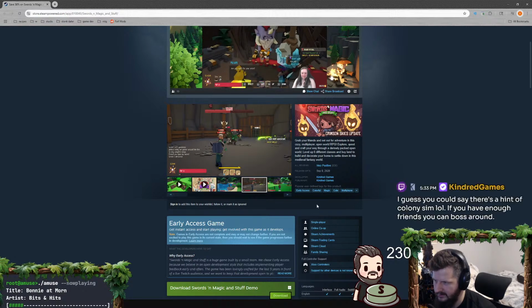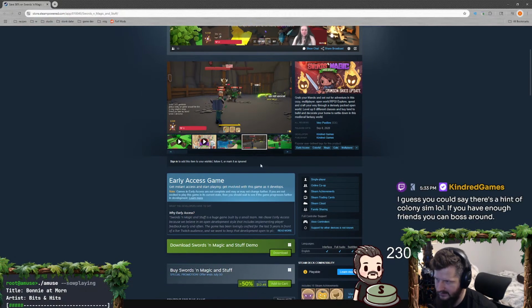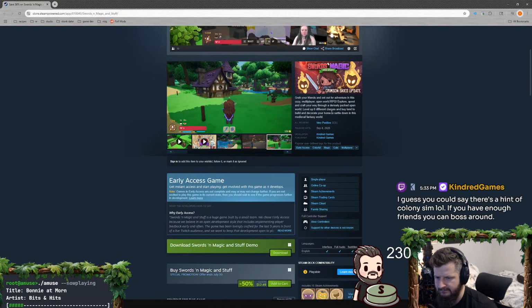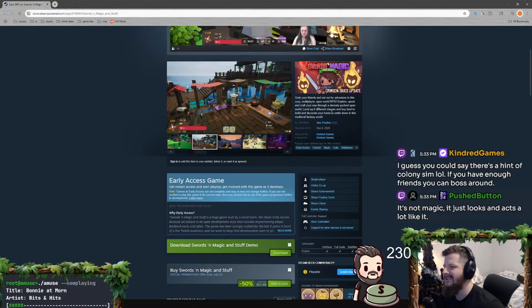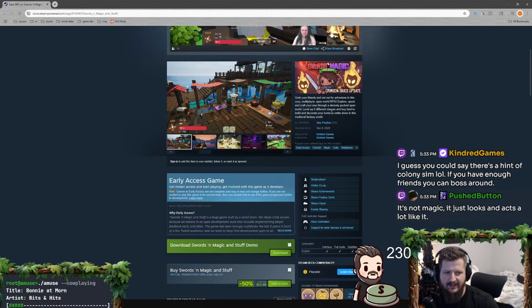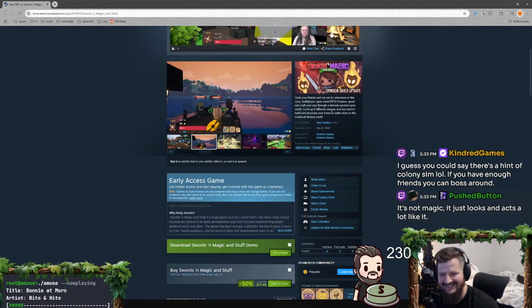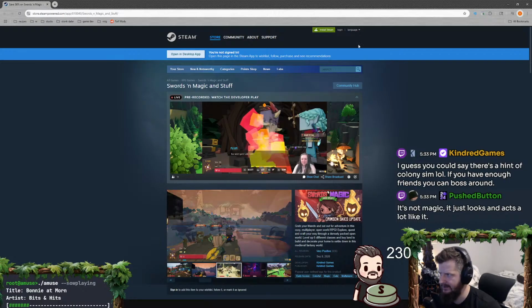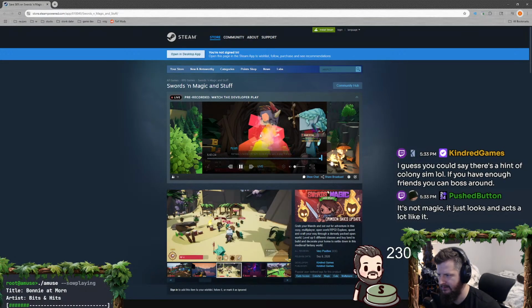Colorful Magic Cube multiplayer. Is it a Colony Sim or is it mostly RPG? I guess you could say there's a hint of Colony Sim. If you have enough friends, you can. Oh, okay. So it's more like survival, I guess, not Colony Sim. Those were friends, not NPCs. Thanks for letting me promo. Yeah, of course. It's a huge achievement to get something released on Steam, early access or not. So I should be there in about 5 years. Oh, there's people playing it. That's crazy.